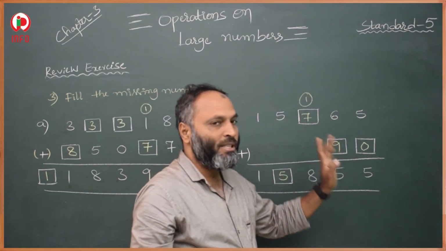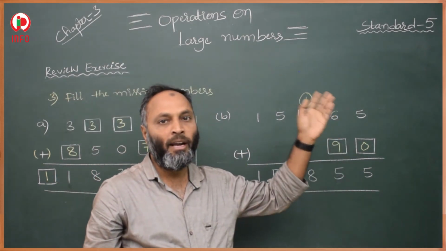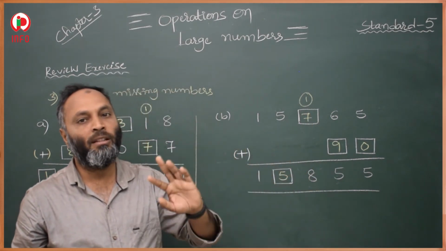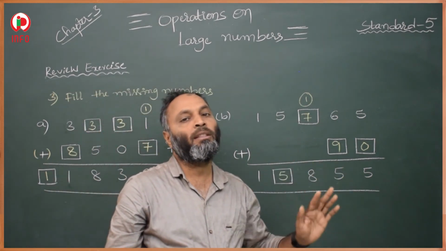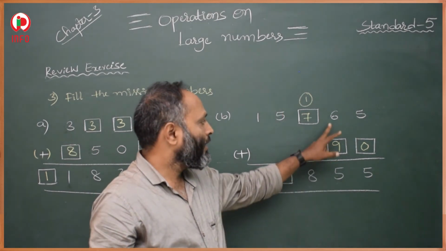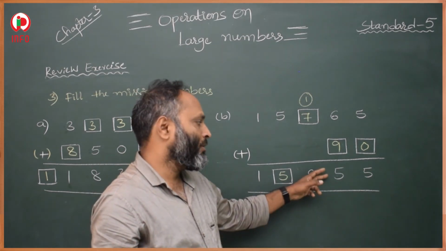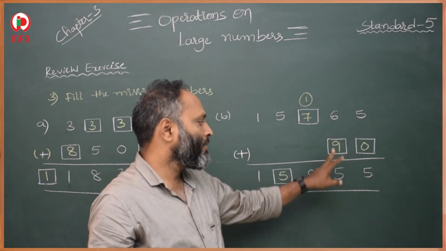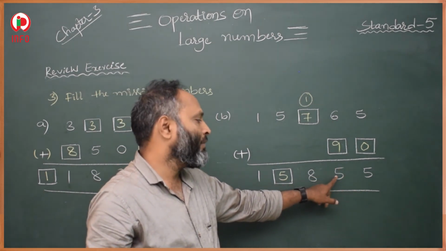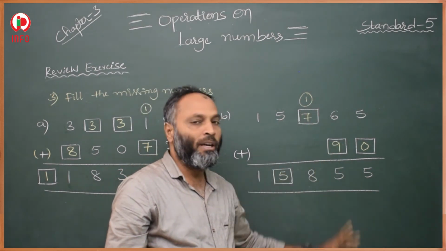In this way we have to find missing numbers. Whenever missing numbers are given in boxes, we have to check the addend and the sum. If the sum is less, for example if 5 is there, then we think it is 15, 25, 35, like that. Here 9 and 5 are there. Here the 5 is lesser, and that is not possible, as the sum is always more than the addend. So we understand that this is not 5, this is 15. So we take 5 here and 1 here. For getting 15, we have to think about what to add to this 6 and write it. This is the way.